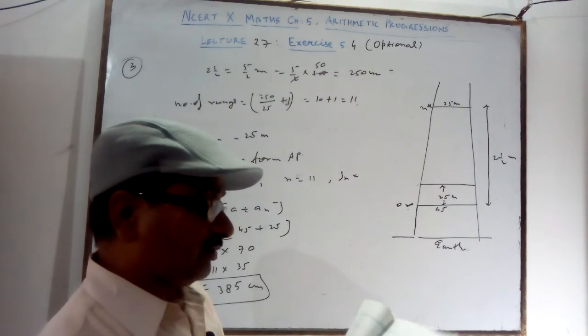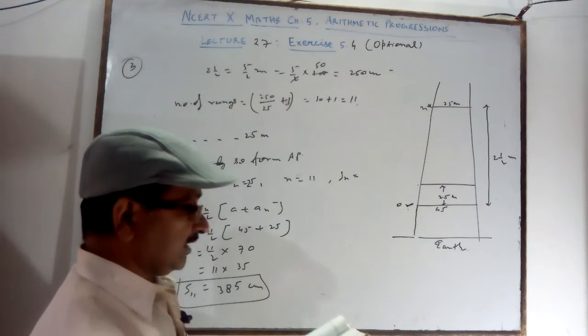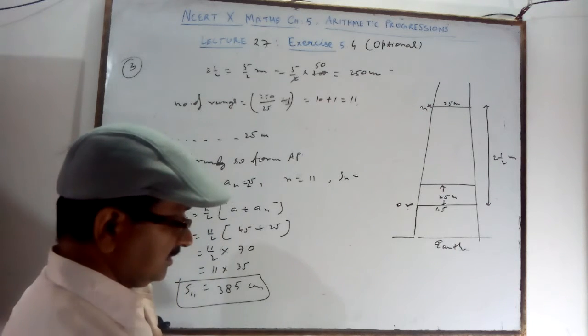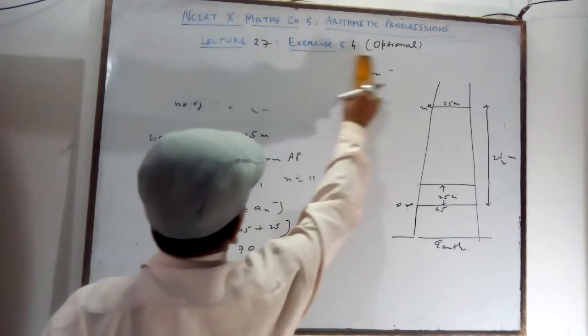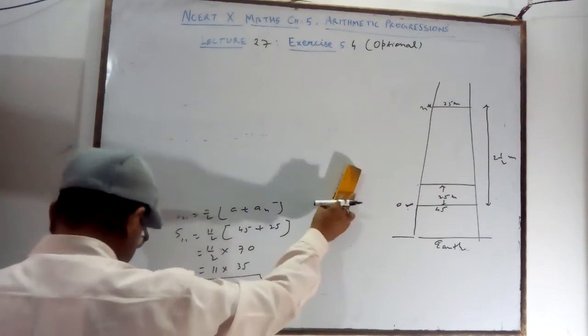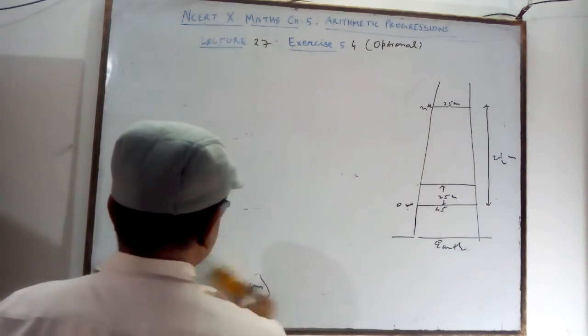And that is the length of the wood required to make the rungs, which you are seeing. Question number 4 is given. Question number 4 of this is very simple. There is a numbering of the